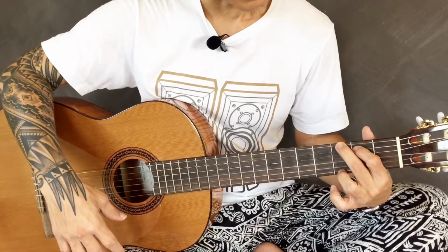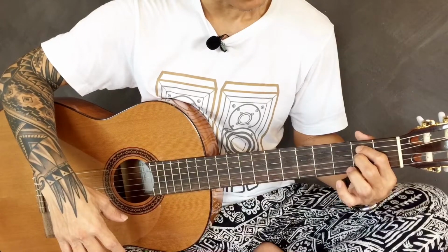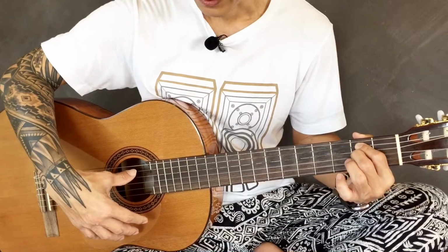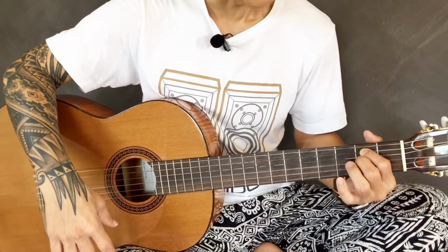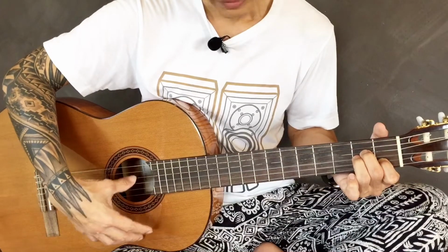Basically the index stays the same, but the middle finger moves to the 2nd fret of the 4th string, and the rest you just leave out. E minor. Then A minor. A minor essentially